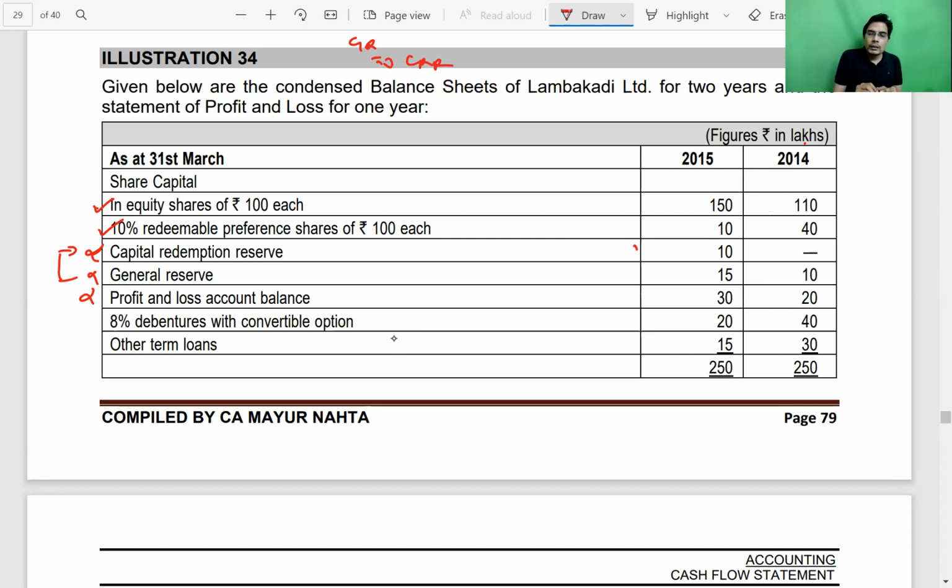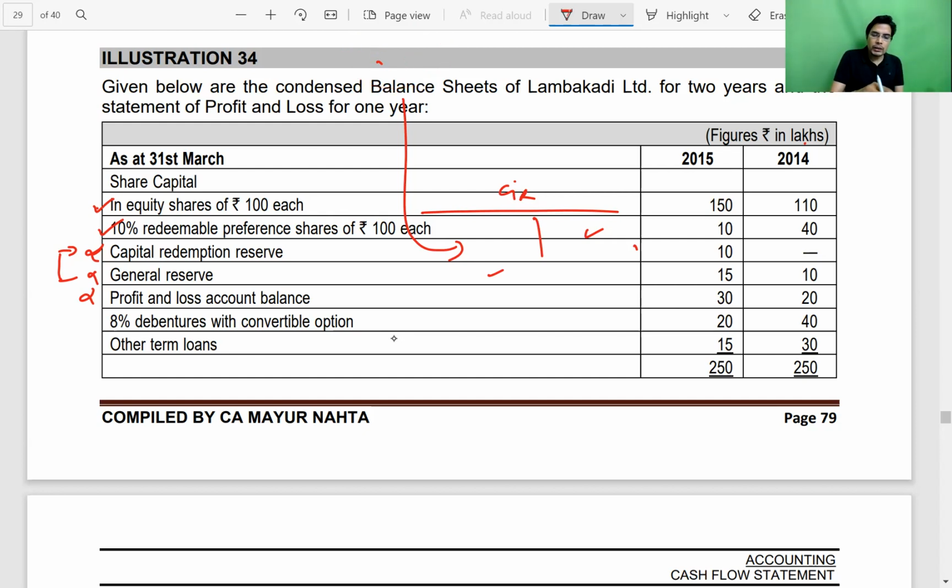So in such kind of questions, if we are solving under indirect method and we are not provided with the net profit before tax and extraordinary item, we prepare one general reserve account. We write the opening balance, we write the closing balance, then we write this entry also in general reserve. And then if this account doesn't tally, that difference represents the amount taken out from current year profits and transferred to general reserve, and that amount will be added in the computation of net profit before tax and extraordinary item.